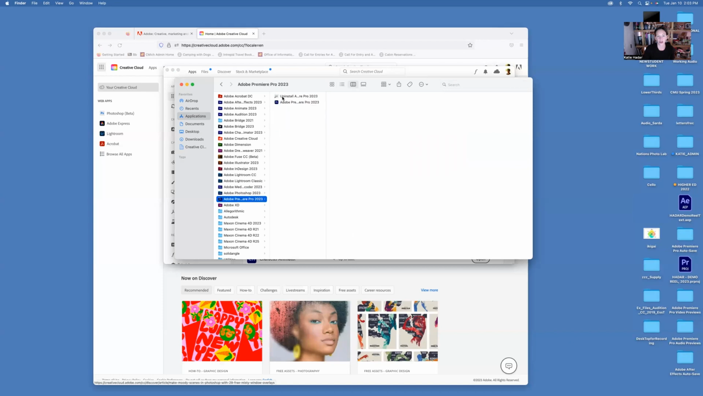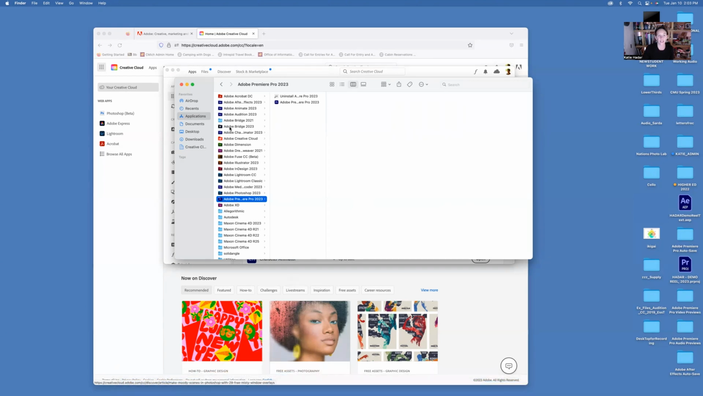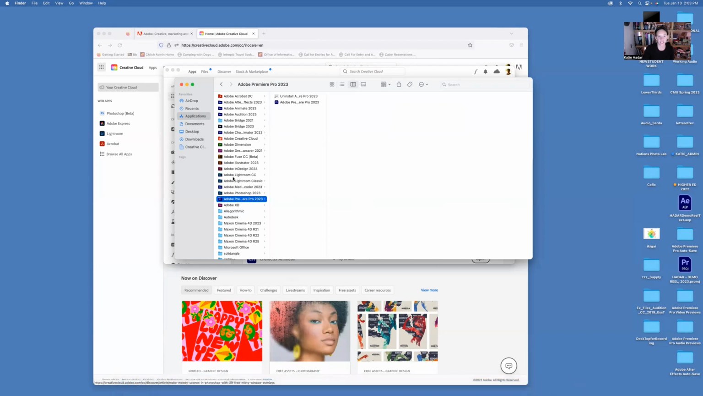Premiere, which is PR. If I'm doing this right, it's RS. So now I've got AE, AI, PR, PS. The other one that I do recommend, AE, AI, PR, PS, is Bridge,